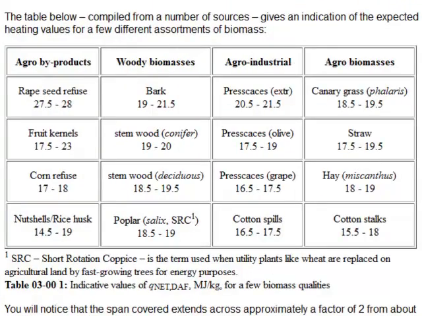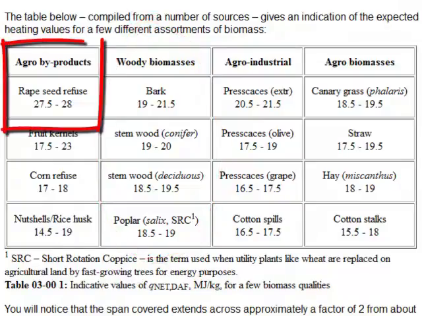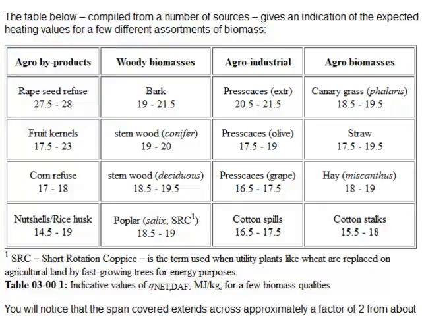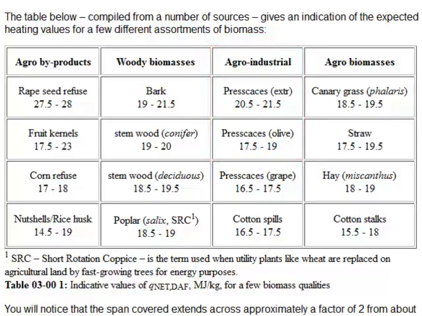You notice how the woody biomasses are the ones that have the highest heat value, Q net DAF, except for oil-rich agricultural byproducts, where only rapeseed refuse is indicated in this table. But the same thing applies to, for example, olive refuse. Oil-rich seeds or oil-rich materials will typically have very, very high heating values for their ash-free and dry substance. Second are woody biomasses with their high lignin,